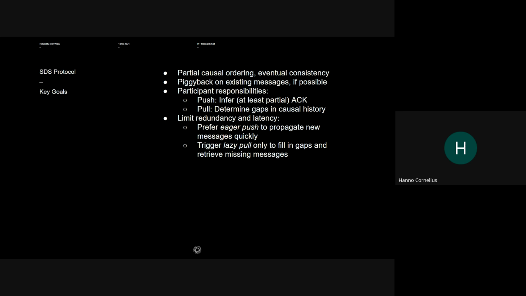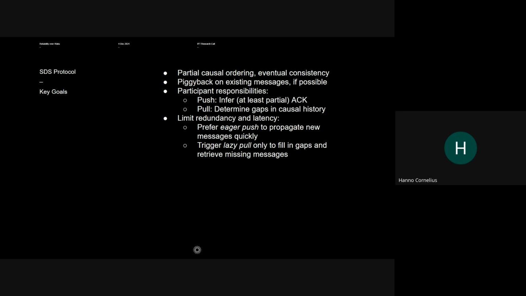And yes, because we are working on a broadcast infrastructure, we have to keep this in mind. We want to limit expensive interactions and focus on the cheapest way of propagating messages. So this is why we prefer an eager push mechanism to propagate new messages quickly. If you publish a message to a group, this is a one-to-many interaction.